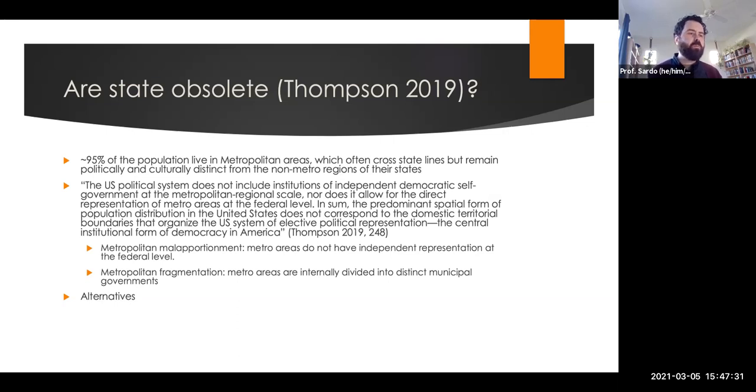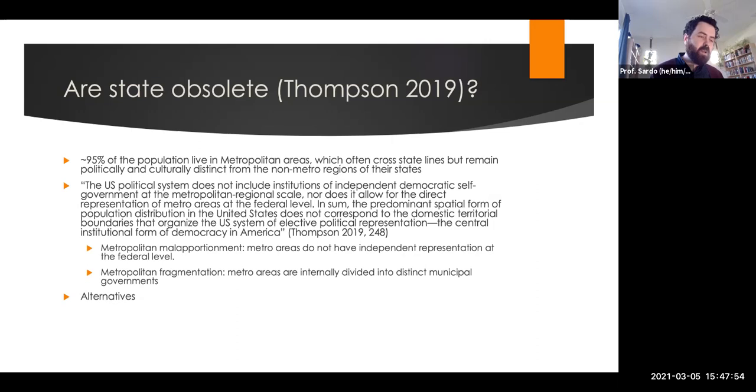But it also suggests that if you look at upstate New York versus the city of New York, they share Senate representation despite having very different political and geographic interests, where many people in upstate New York would have more in common and share similar political interests with people of other Midwestern Rust Belt states, as distinct from the kind of global city of New York.